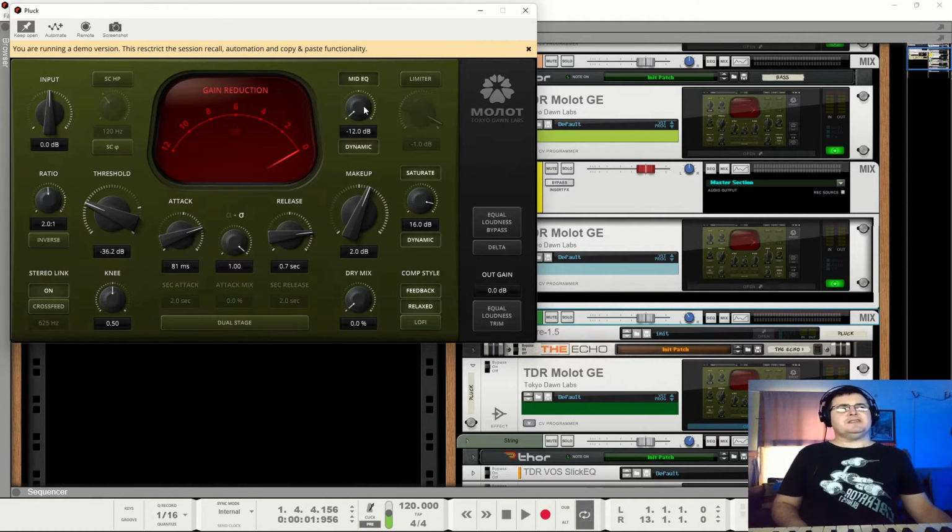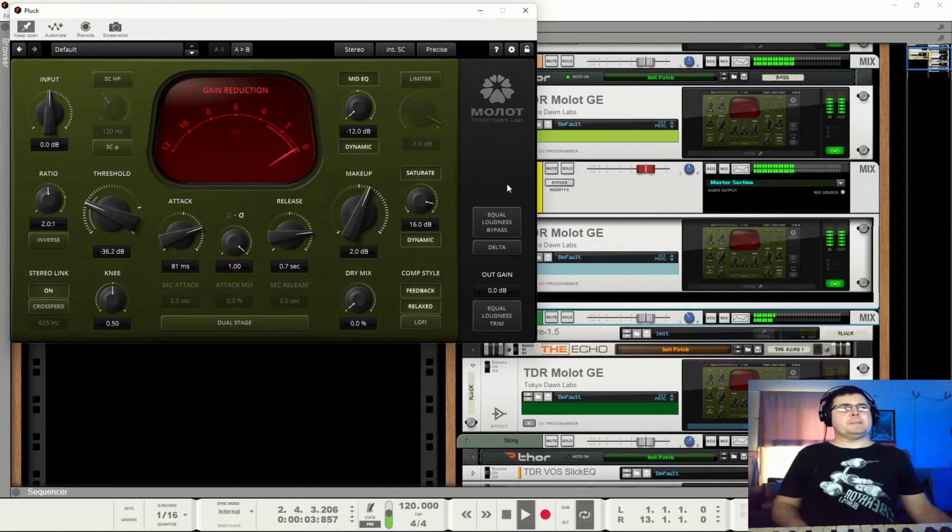Now let's look at the MIDI cue. I think it's going to be pretty noticeable here, but it may not. Let's pop that out.